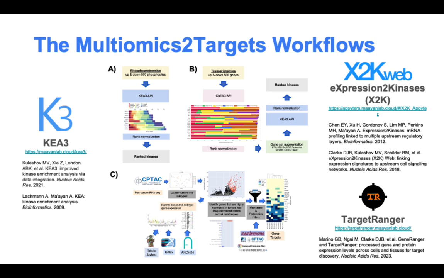And then we compare that to what we see from transcriptomics. So this is where a hierarchical approach to data integration comes in. We start out with transcriptomics, where we have these up and down regulated gene signatures. And then using what we know about gene expression regulation, we perform transcription factor enrichment analysis with KIA3, which uses libraries of transcription factors and their targets to rank the transcription factors that are most likely responsible for those observed changes in the genes. So now we've connected genes to transcription factors using these libraries, which are primarily from ChIP-seq